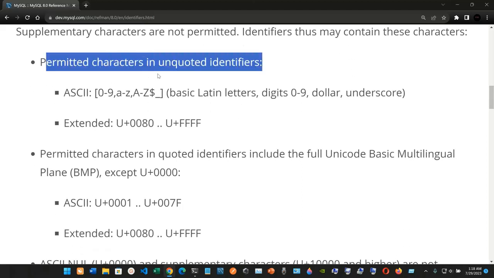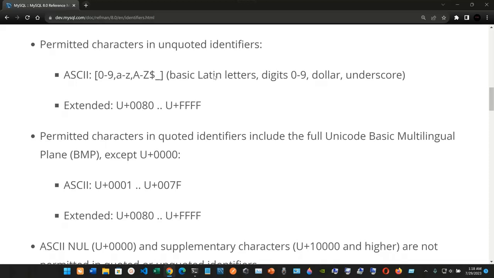So here we have the permitted characters in unquoted identifiers. In the ASCII range, in these brackets, we have digits from 0 to 9, the lowercase letters from a to z, and the uppercase letters from A to Z, and the $ and underscore. Basic Latin letters, we have the digits from 0 to 9, the $, and the underscore. For extended, we have the uppercase letter U